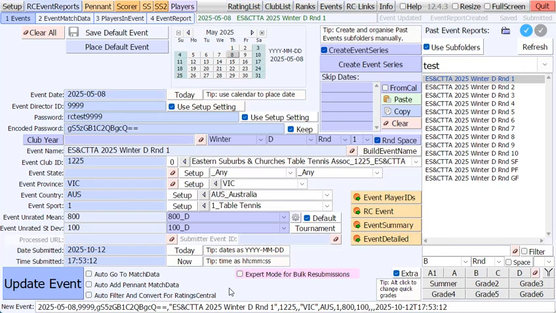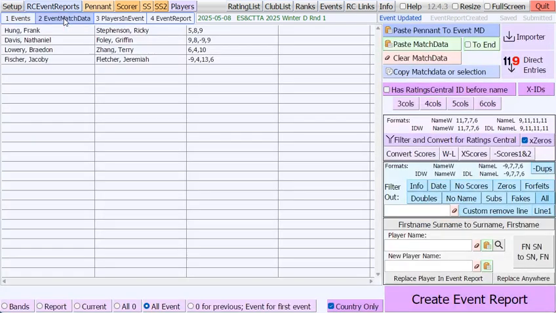To resubmit an event in order to remove a duplicate, go to the RC Event Reports section, click on Events, click on the past event you wish to resubmit, click on Update Event to update the date and time, go to Event Match Data, click on the Create Event Report,